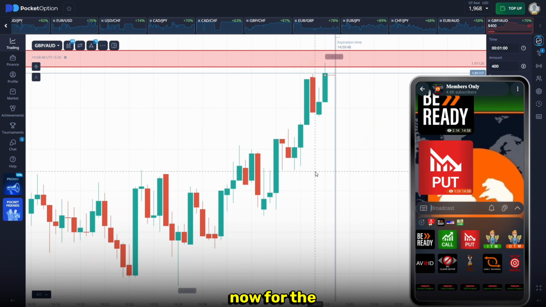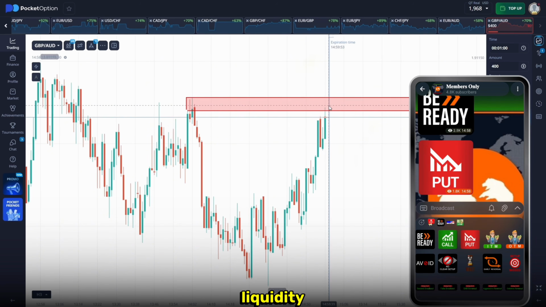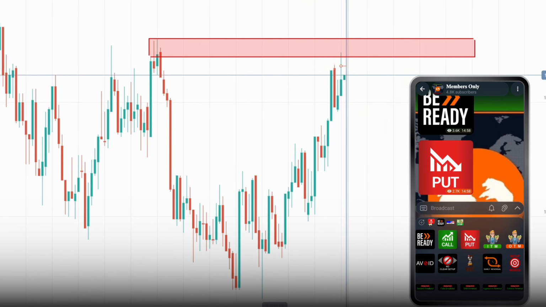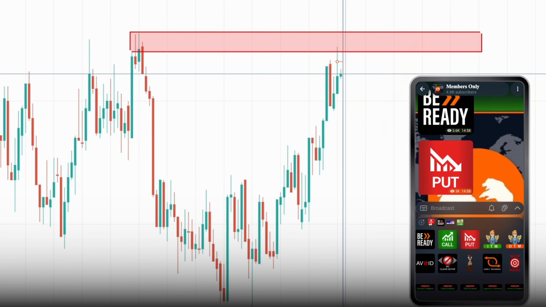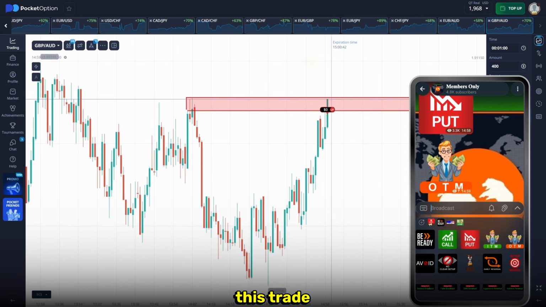Let's wait now for the result, because according to me the price is going up to grab liquidity, and once the job is done it will start reversing. Let's wait now for the result. Okay, we have lost this trade at the very last second, and I still think that price will reverse,